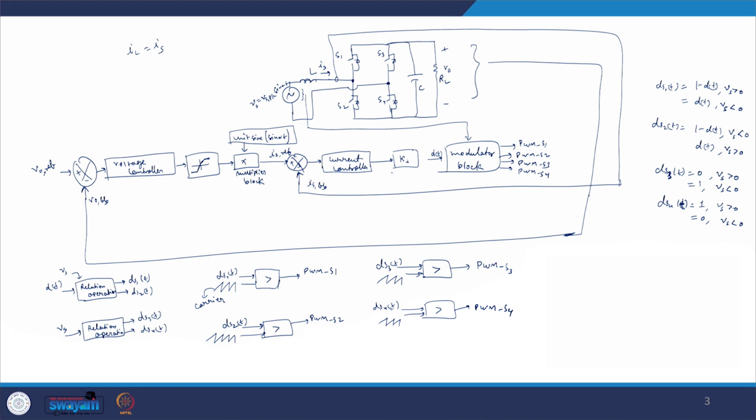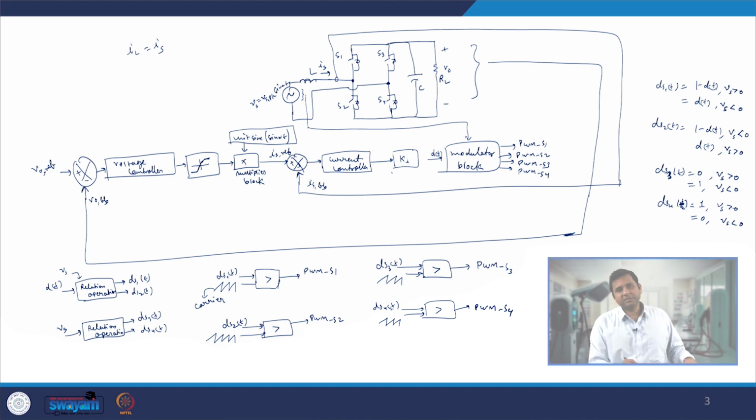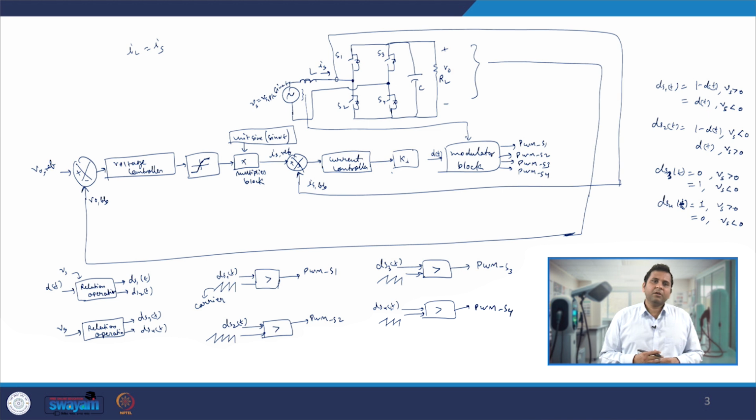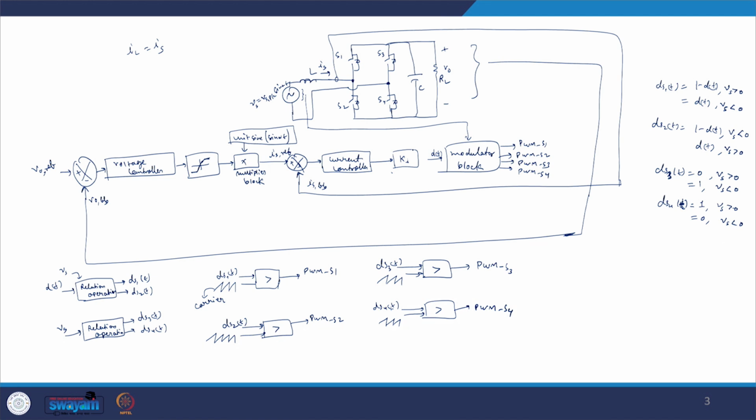And fundamentally, this converter and the boost PFC converter are the same from the operation perspective, that's why all the GiS of s and GvS remain the same, and accordingly we can also select our voltage controller and current controller. Now if we look very carefully, we have only discussed the advantages of this converter. This converter also has several disadvantages. Let us discuss those disadvantages.